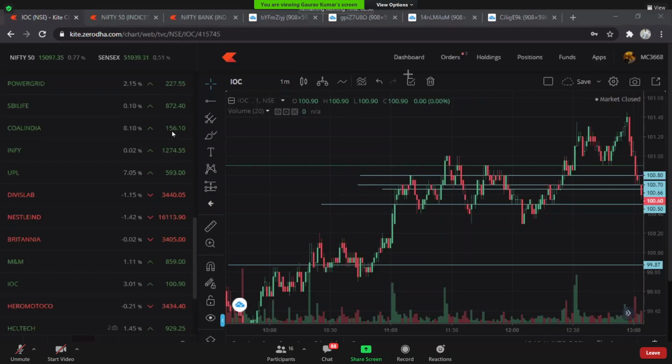That is a thing I will teach you. How can you calculate price movement of options by looking at the index chart? Of course, I'm going to tell you about it.